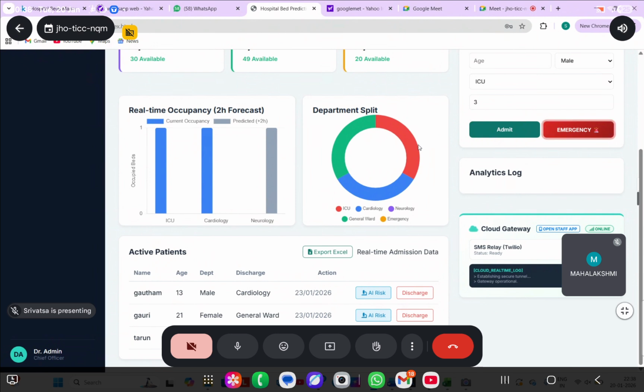available departments in the hospital, and you can see this is the one patient admitted in the ICU department, and this is the general ward, and this is the cardiology ward. So this chart basically deals with ICU, cardiology, neurology, general ward, and emergency ward. I have given five different colors for five different available departments. So these are the patients admitted, named Gautam, Gauri, and Tarun. And Tarun is admitted to the ICU, which is indicated in red ink to enhance the